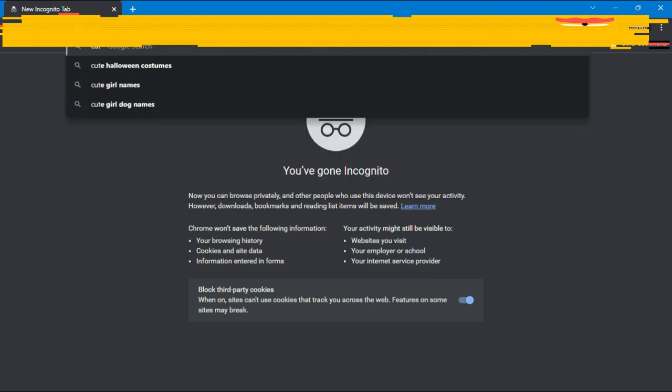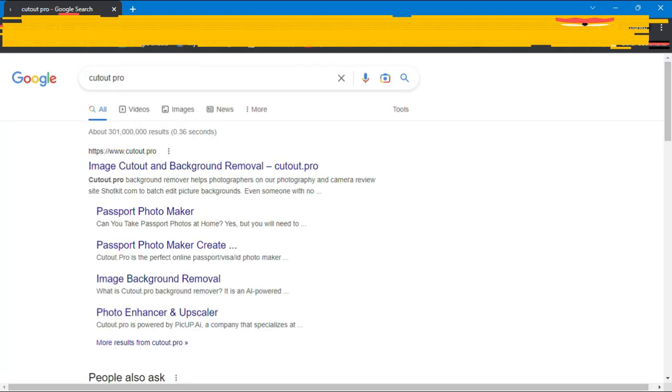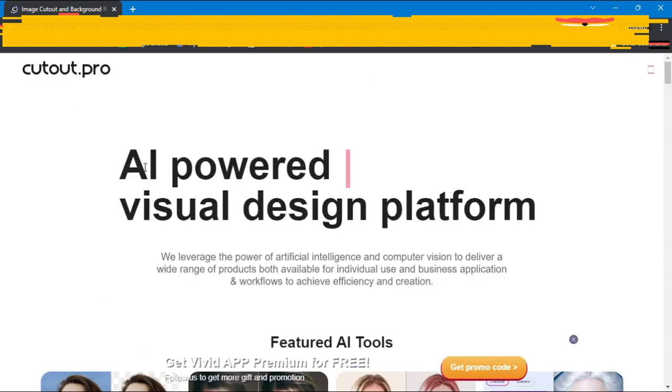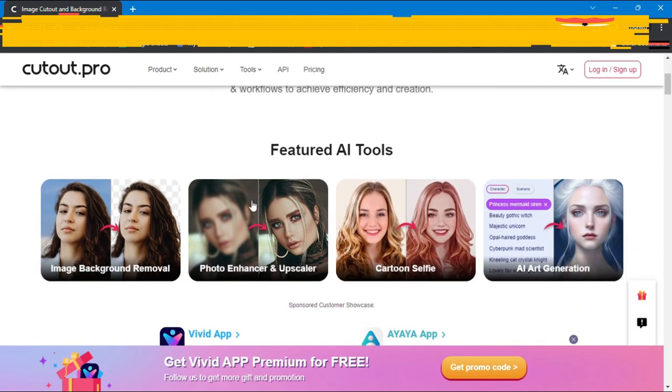So in order to do that, you just have to search Cutout Pro on Google. Just open Google Chrome and type Cutout Pro. Click on the first link. As you can see, this is an AI visual design platform in which you can